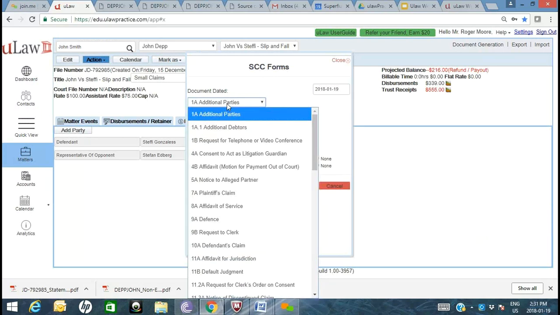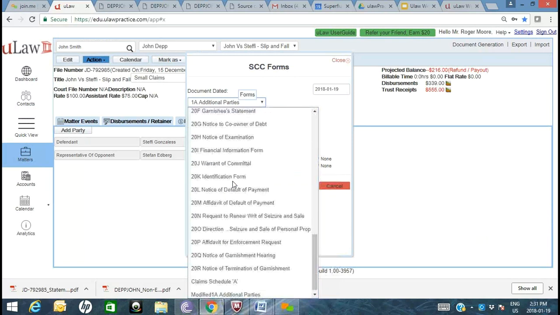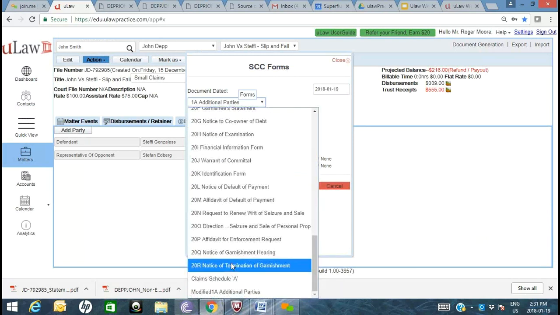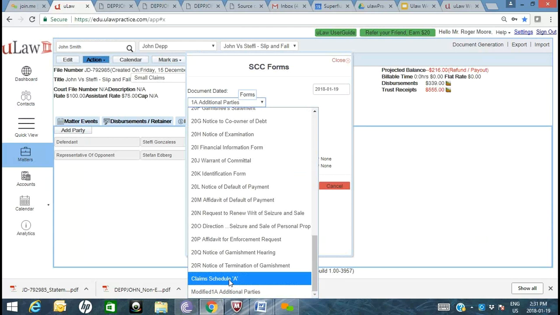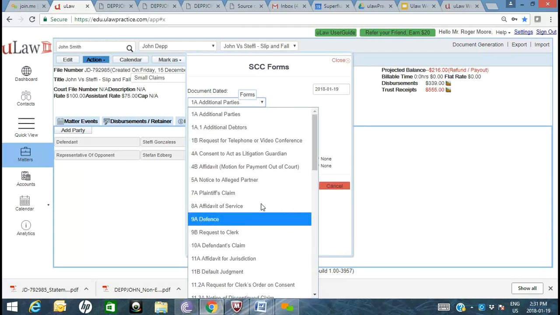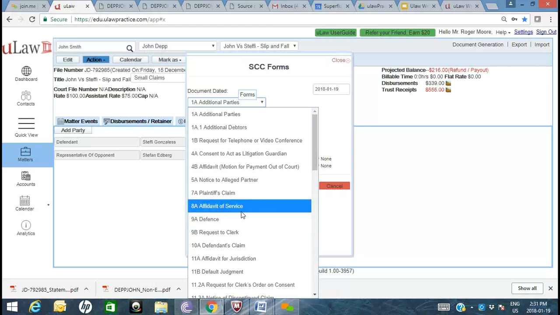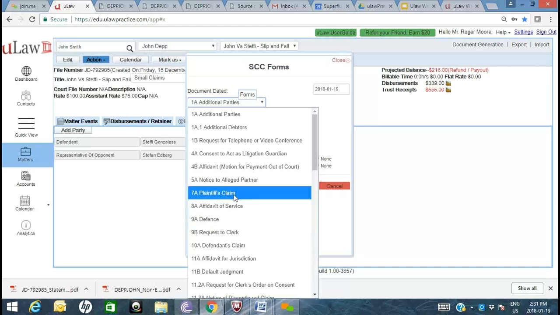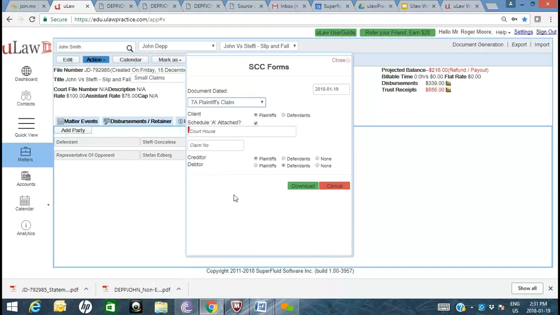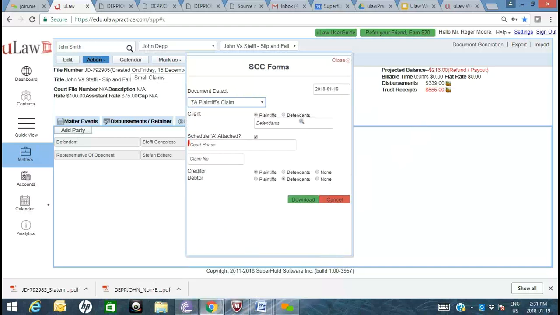And if you look at the different court forms, right from 1A to 20R, even claim schedule, we kind of give you a head start. We pretty much keep these forms up to date. And this was the SLA I was talking about. So if the plaintiff's claim form changes in the small claims court, then from the time that new version is available, it takes about 2 weeks on average for these court forms in uLaw to be modified. Okay. So if I were to choose, let's say, a simple plaintiff's claim, choose the date,